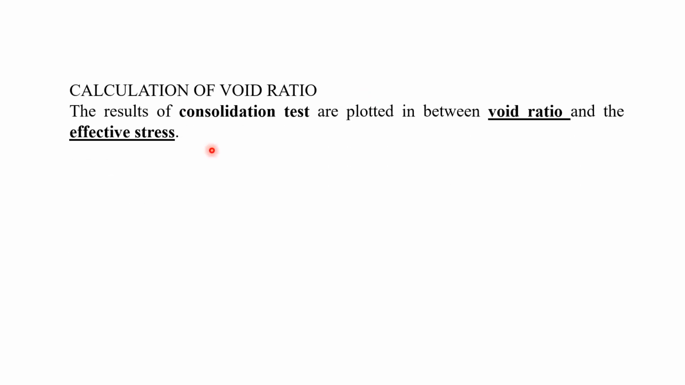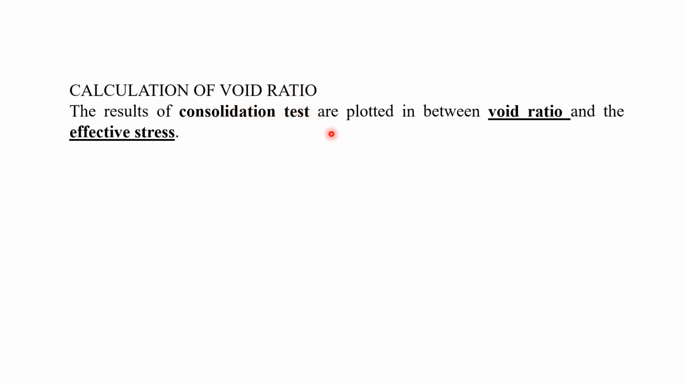So we should know that based on the consolidation test, we can go for many definitions and we can calculate many parameters which are related to the settlements, right? So let us see how we can calculate the void ratio. See, as I told you that